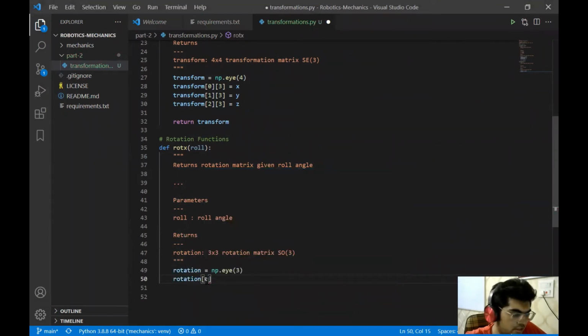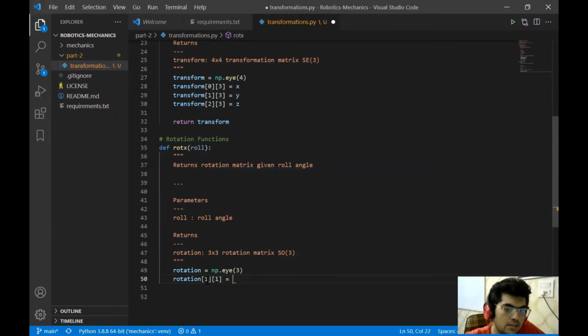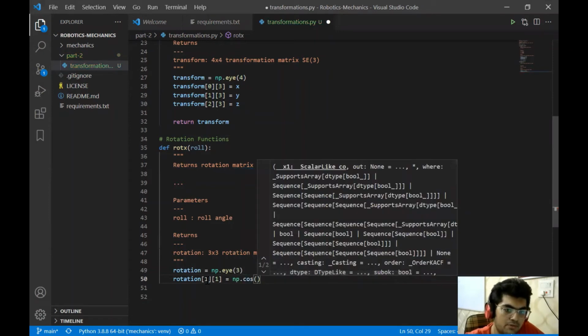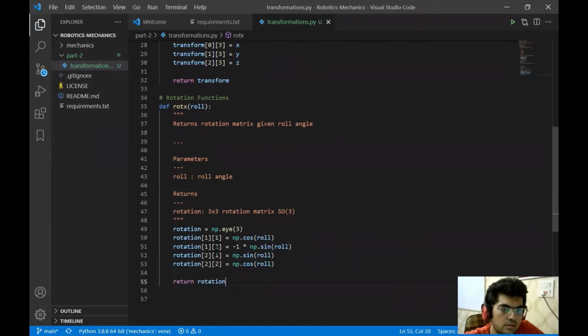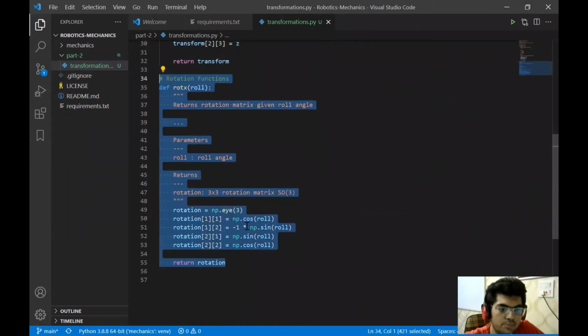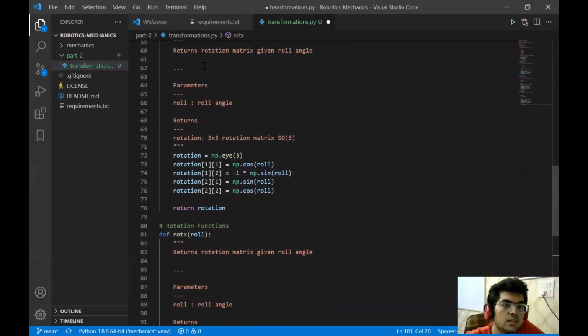And for the rotation, there is nothing in this column. It's going to be cosine. Now I'll be using the cosine function from NumPy that they have provided. Now we can just copy it because the other two functions are going to be very, very similar to this.